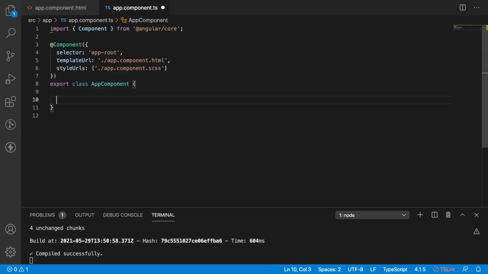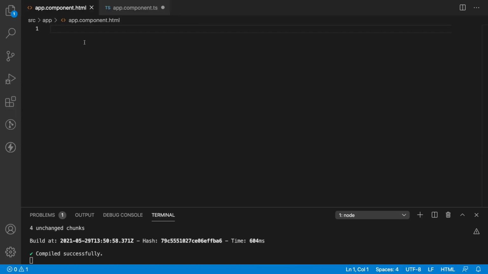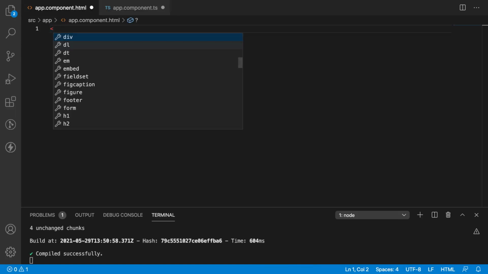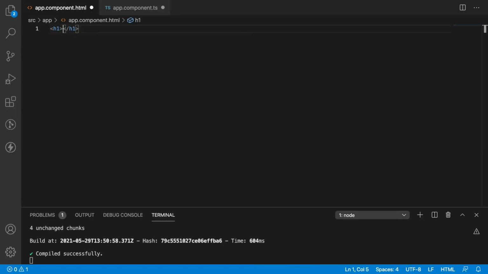Let me take a variable as heading equal to sample interpolation, and now I want to show this value in the interpolation. Let me consider an element h1 and I want to interpolate that value.